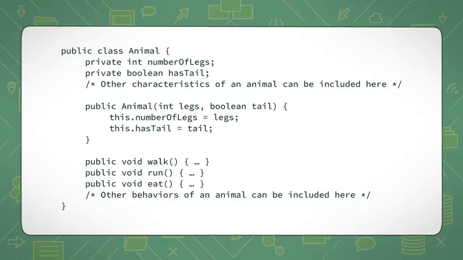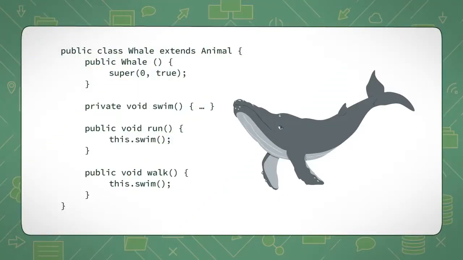This is our generalized animal class. It knows how to eat, walk, and run. Are you able to see how we can introduce a subclass that would break the Liskov substitution principle? What if we had this type of animal? A whale doesn't know how to run and walk. Running and walking are behaviors of land animals. The Liskov substitution principle is violated here because the whale class overrides the animal class's running and walking functions and replaces them with a swimming behavior. The whale no longer behaves in the way we would expect its superclass to behave.